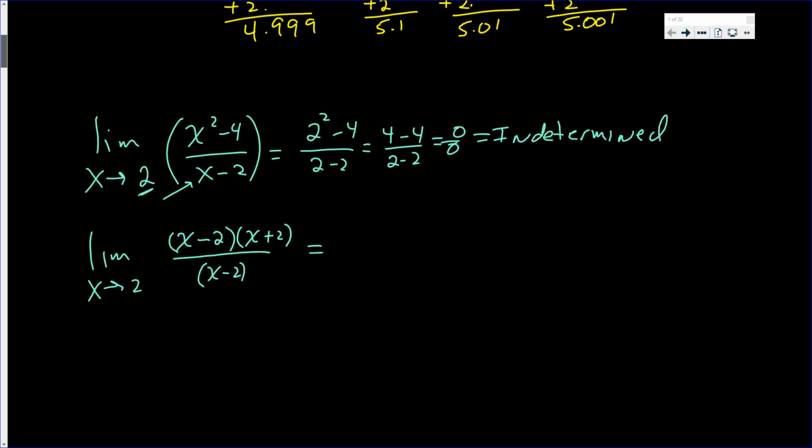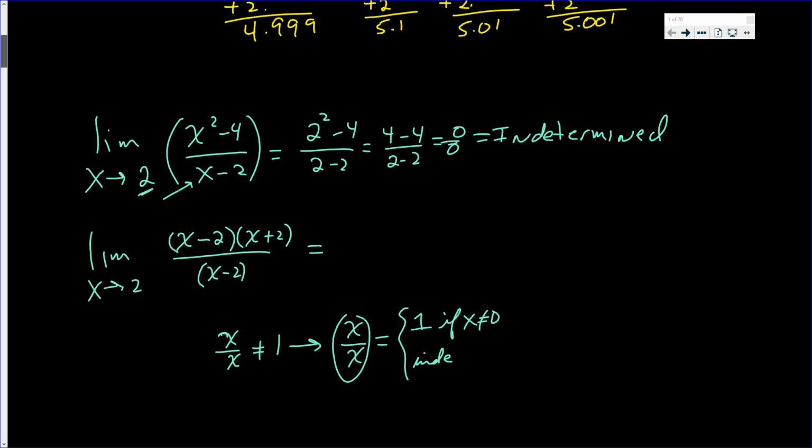Now, x over x is not 1. I don't care what your teachers may have told you. If they told you it's 1, they honestly are wrong. It's 1 if x is not 0. Because if x is 0, 0 over 0 is not 1. It is indeterminate